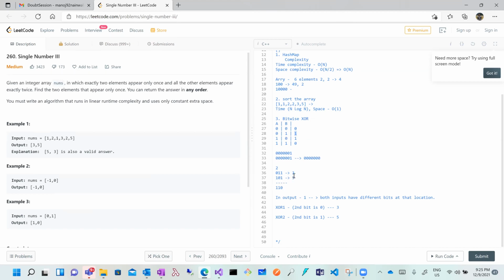So if you see 3, it has 0 at the second bit position. And if you see 5, there is 1 in the second position.